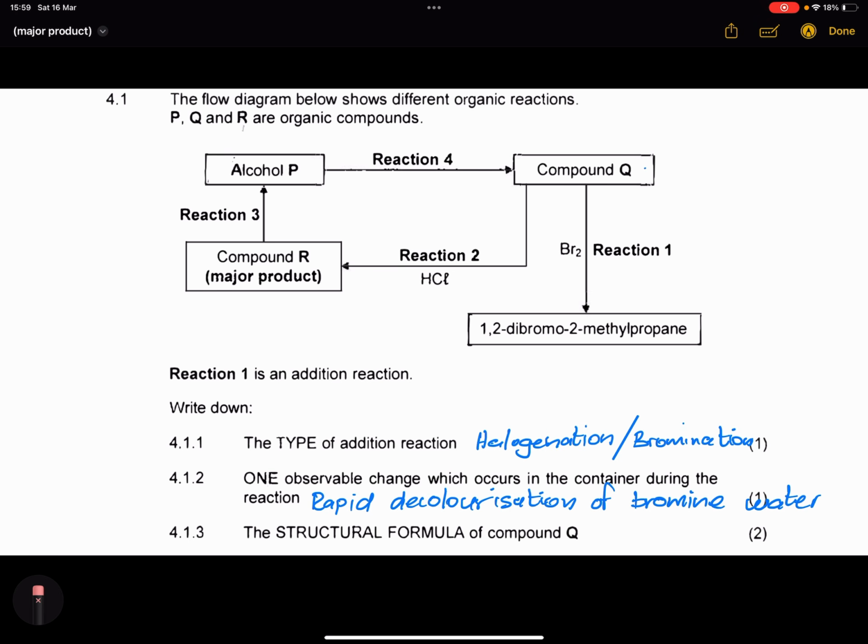Right, now they say to us the structural formula of compound Q. Now, how are we going to know what was compound Q? It's everything that we have except the bromos. Okay, so in this case, I'd remove the bromos, which means we had 2-methyl, but now note it was an alkene, so in this case, it means that I would need to put a double bond somewhere in the mix, right? So we've got our hydrogens over there,